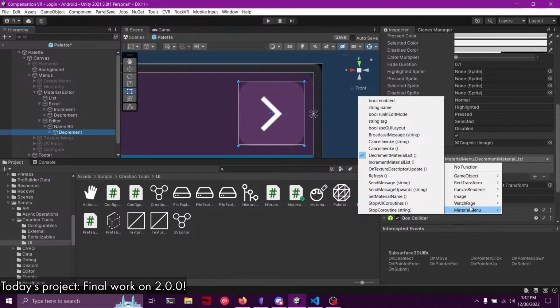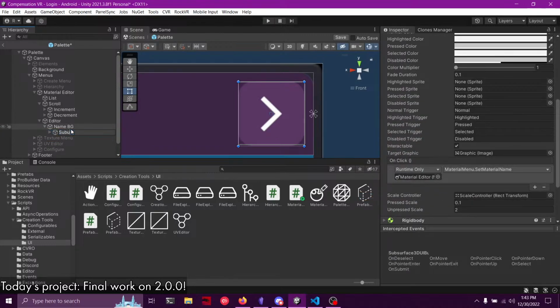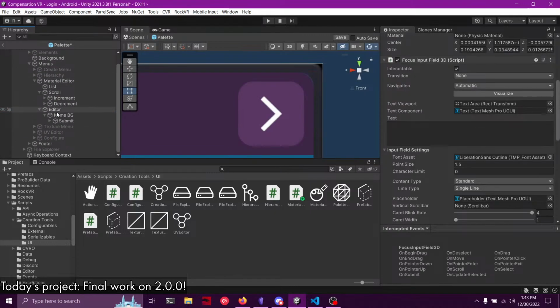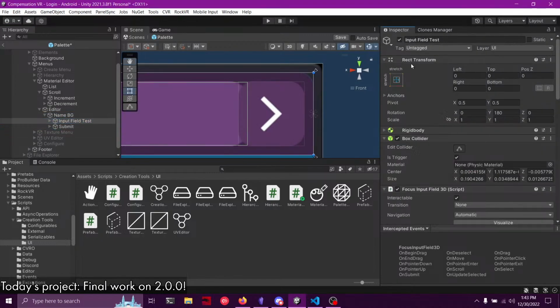Which is honestly surprising. I didn't think I'd get it done on time-ish, but I only have 15 minutes left until I need to have this menu hopefully done, so I need to actually get to work. So set material name, and then this needs to be submit, and then snag the elements input field test, drop it in there, needs to be right there, boop boop boop,